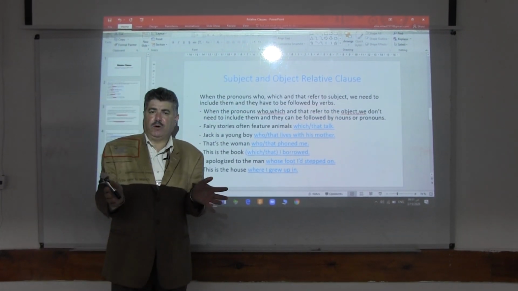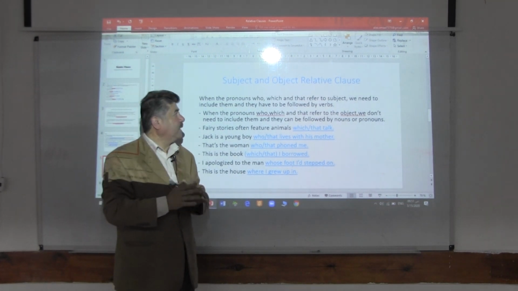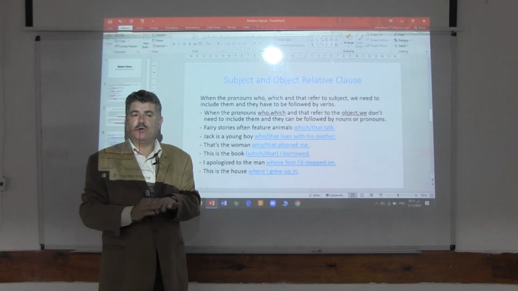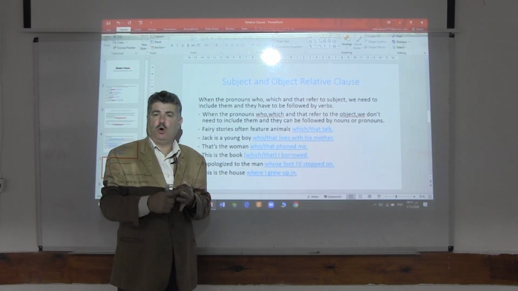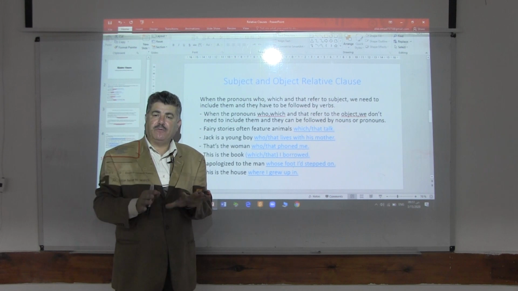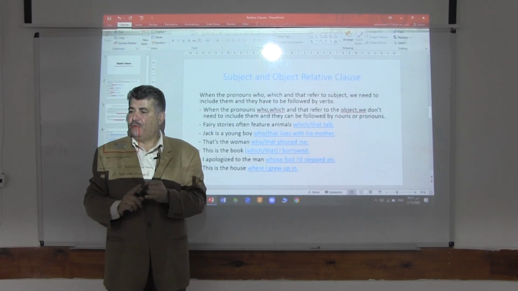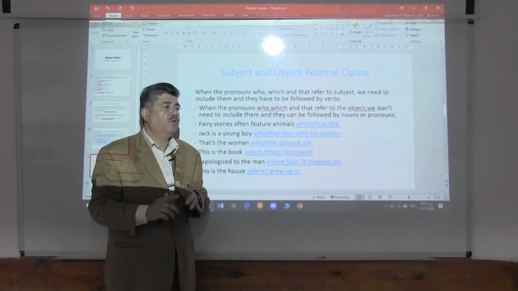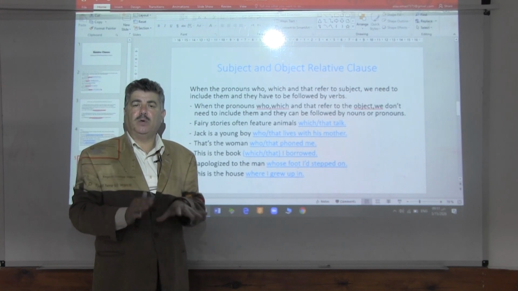To make it easy for you, the sentence becomes a subject relative clause if it is followed immediately by a verb. So if which or who or that is followed by a verb, we are talking about a subject relative clause. If which or who or that is followed by a noun or by a pronoun, definitely we are talking